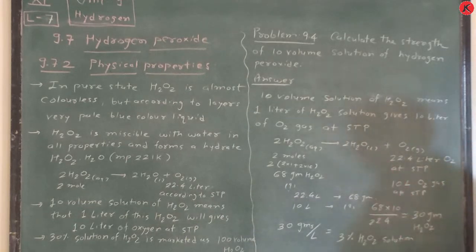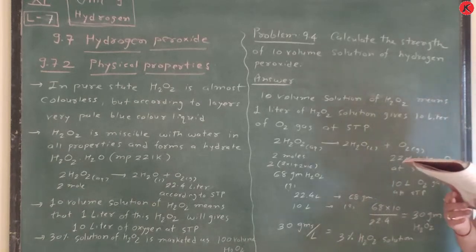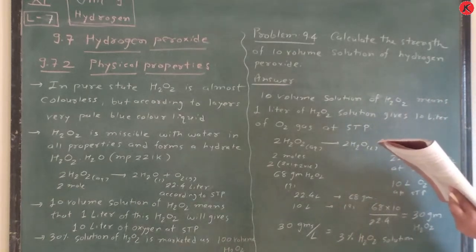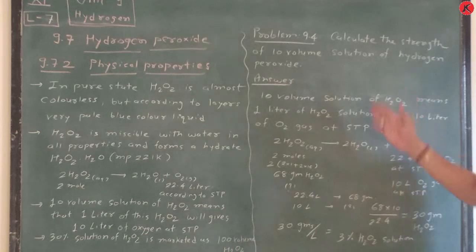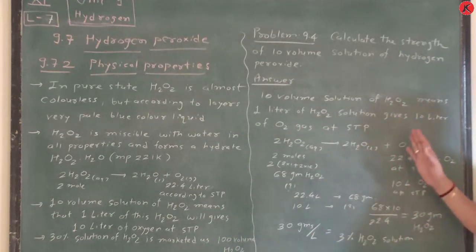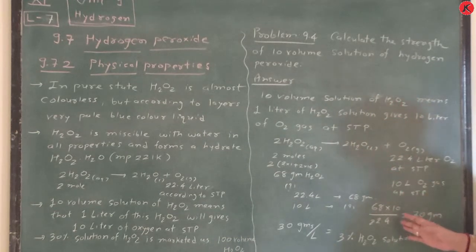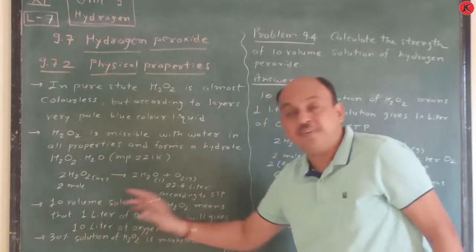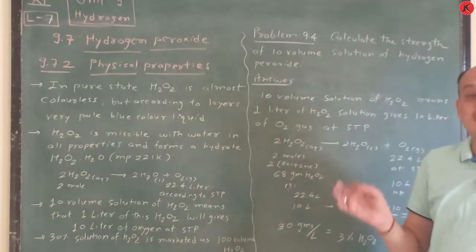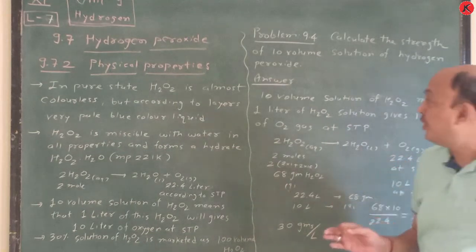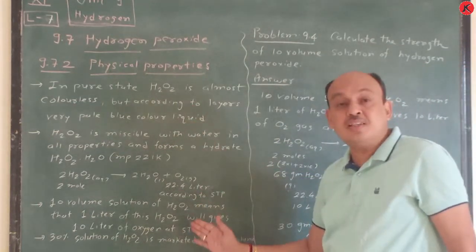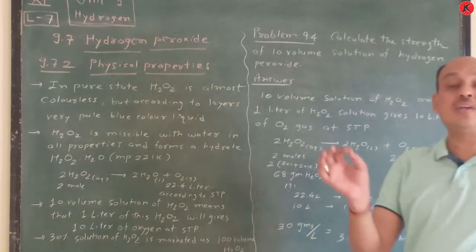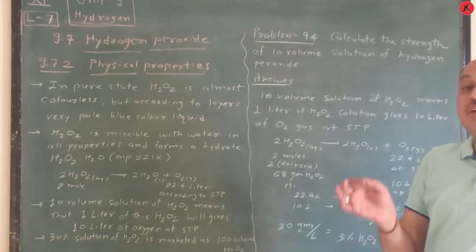Which is the answer according to you? You have to calculate. Okay, so this is all about, we can say, 10 volume solution of hydrogen peroxide. Write down according to this way, which is written in your NCERT textbook, and calculate examples. You remember this one and this one. If H2O2 calculation is required, this is according to chapter number 1 also. So here is chapter number 1 revision with respect to hydrogen peroxide in terms of volume.